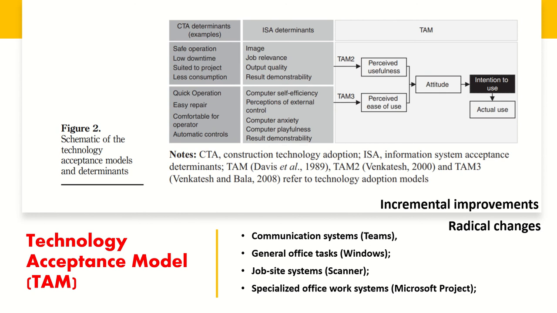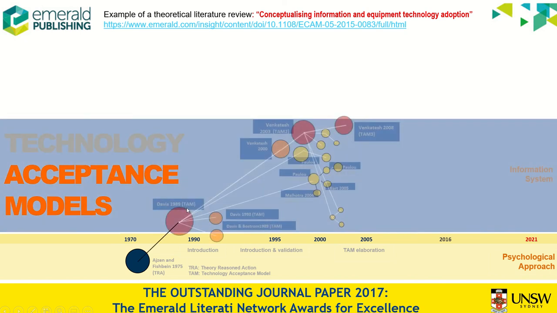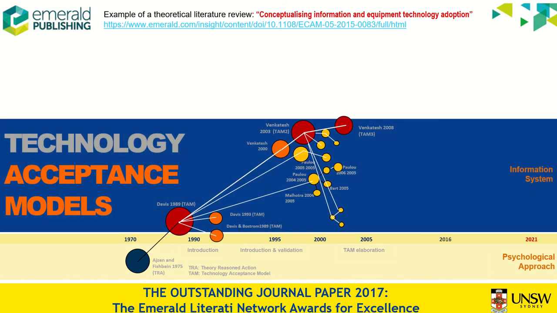The technology acceptance model is considered an extension of the theory of reasoned action, which is one of the most reliable psychological models introduced by Ajzen and Fishbein. This theory intends to explain the relationship between attitudes and behaviors within human action. Later, Davis developed TAM to predict adopters' behavior.